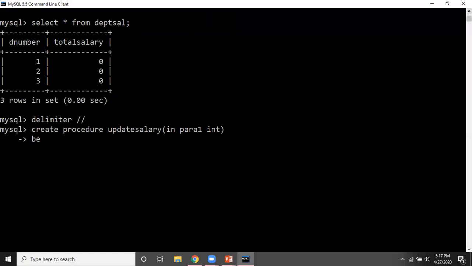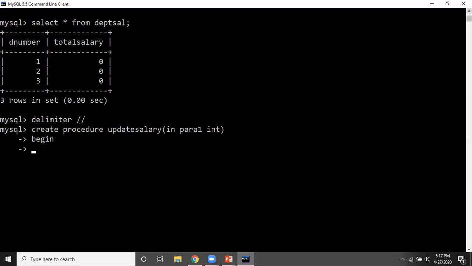Now after this, for the beginning of the procedure, we give the command begin. It's the same as in C++. There your function definition starts with curly braces before writing the function definition, and at the end you have to close the curly braces. Similarly here, it will start with begin and it will end with end.